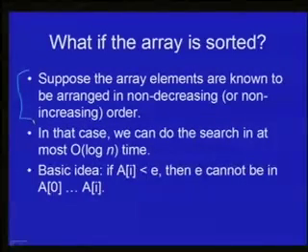And how do we do that? The basic idea is very simple. If we compare the ith element of A with E, and E happens to be greater than A[i], that means that E cannot be present from A[0] to A[i], because we know that A[i] is less than E, and since we are assuming that the elements are arranged in non-decreasing order, that means A[0] to A[i-1] must also be less than E. So therefore we need to now focus our attention for searching only to the part of the array which is to the right of A[i], that is from A[i+1] to A[n-1].